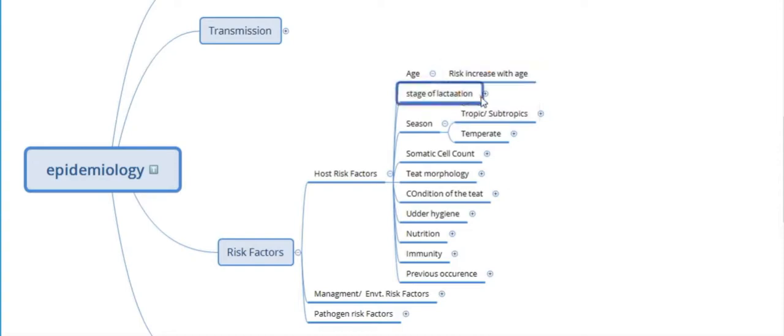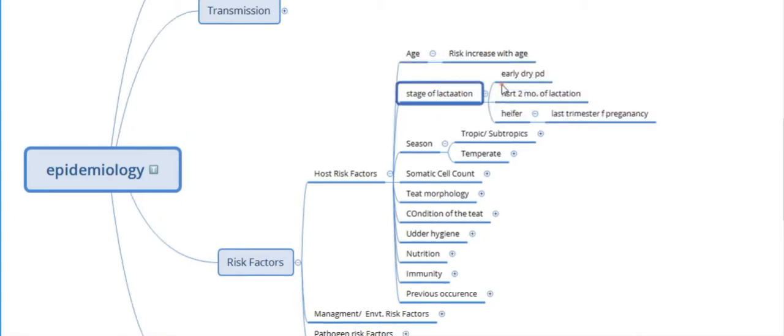Similarly, stage of lactation. The early dry period and the first 2 months of lactation are known to be the riskiest period for occurrence of mastitis, and for heifers, the last trimester of pregnancy is a high risk period. Then coming to the season,